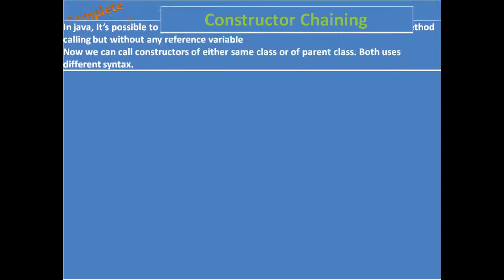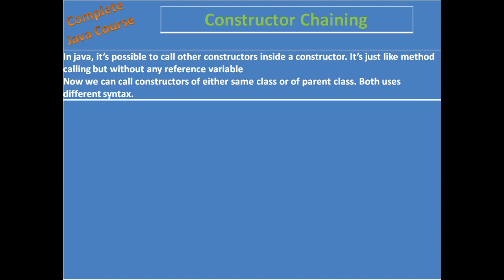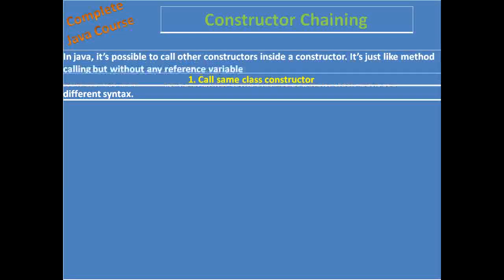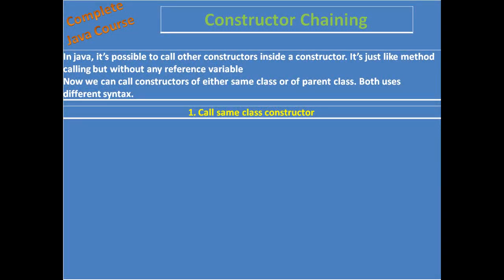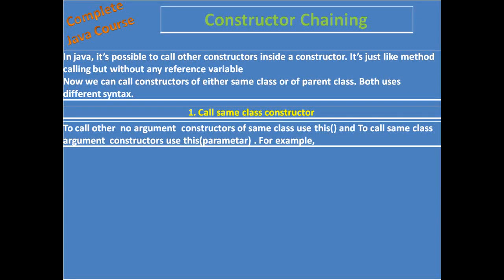Constructor chaining. What is constructor chaining? In Java, it is possible to call another constructor inside a constructor. It is just like a method call but without any reference variable. Now we can call constructors of either the same class or a parent class. Both use different syntax. Number 1: call the same class constructor. To call the no-argument constructor of the same class, we use this and parentheses. And to call the same class argument constructor, we use this with a